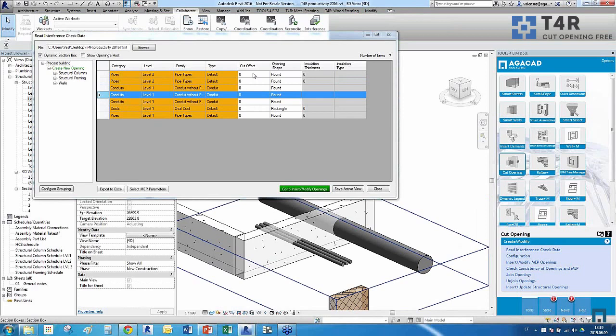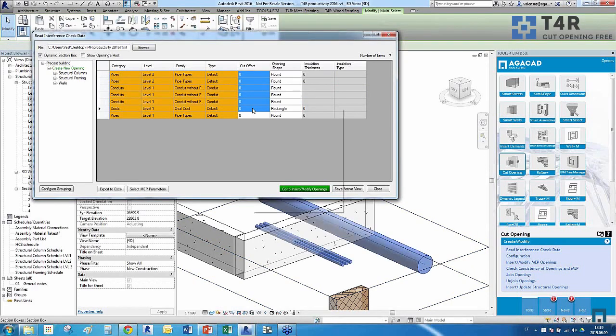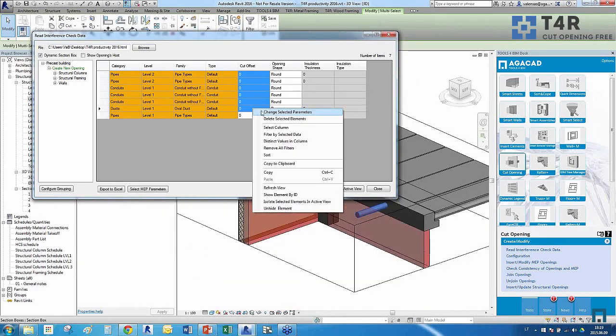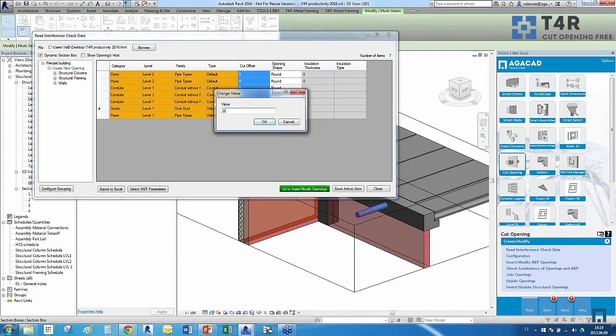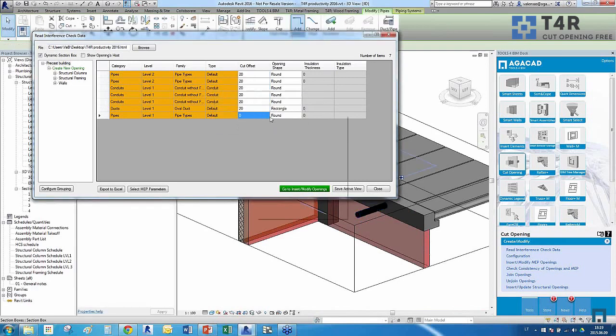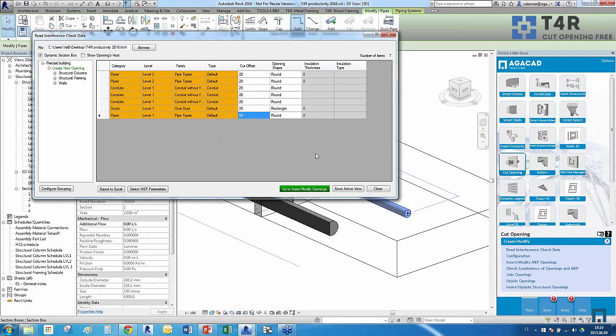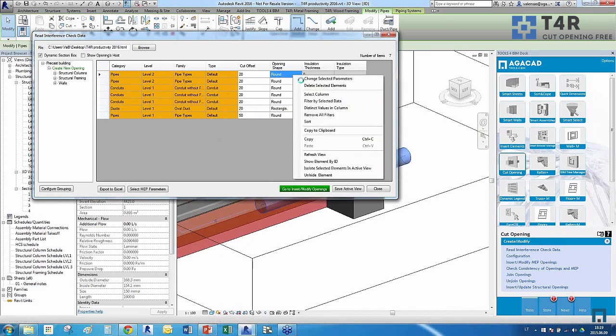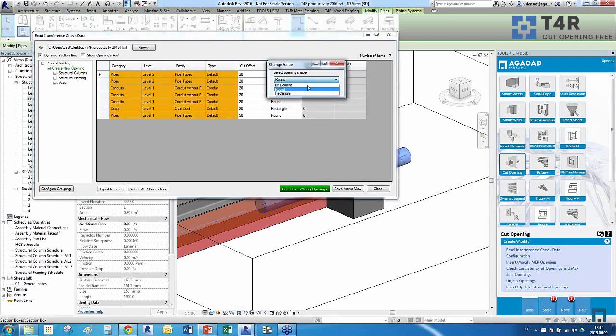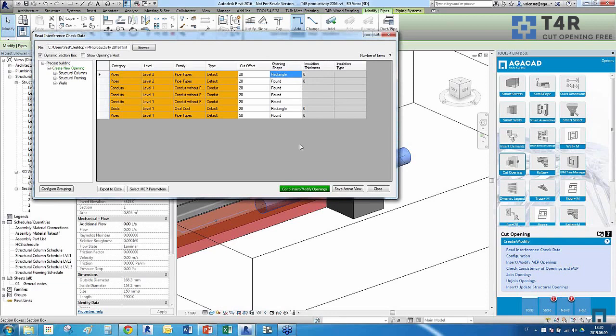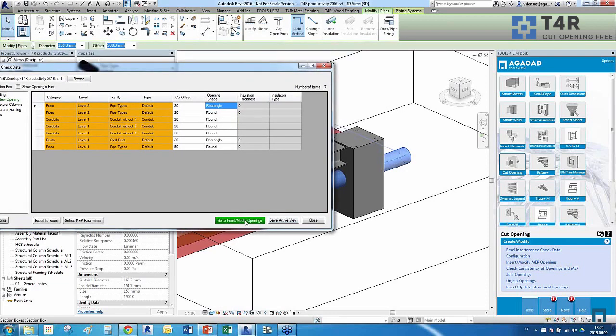Like I can add a cutoff set for the opening. I will change this value to 20. I can change this value to, let's say, 50 for this element. I would also like to change this value to, let's say, rectangle shape, and let's click go to insert, modify